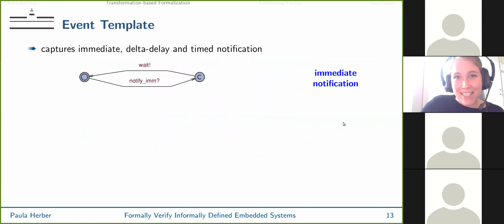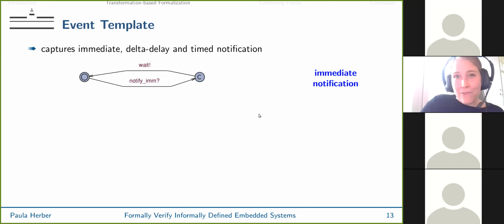So this is the second piece, and now the final piece of this core semantics of SystemC, the event template. This captures immediate, delta delayed and timed notifications, and the idea is basically that if I have an immediate notification, I just immediately send a wait signal to all the processes that are waiting for this event by using a committed location here. We make sure that this happens before the scheduler can switch to another phase, can leave the evaluation phase. And we use a broadcast channel wait here to make sure that all processes that are waiting for this event are